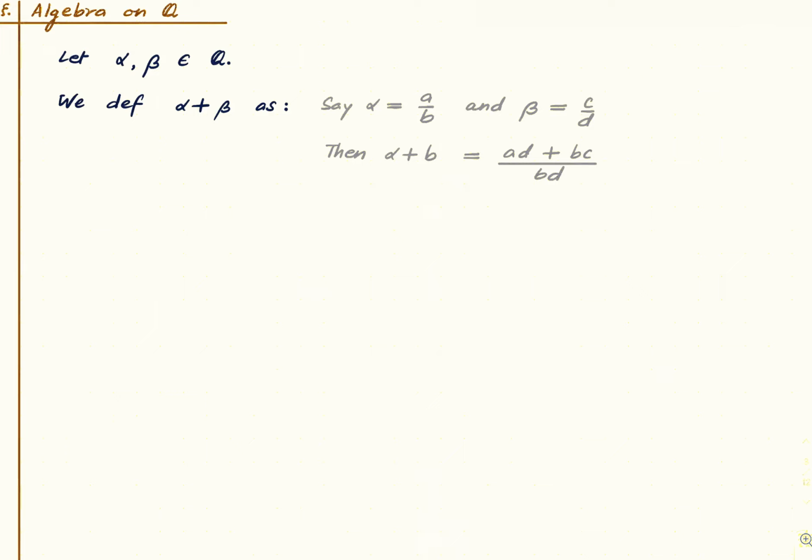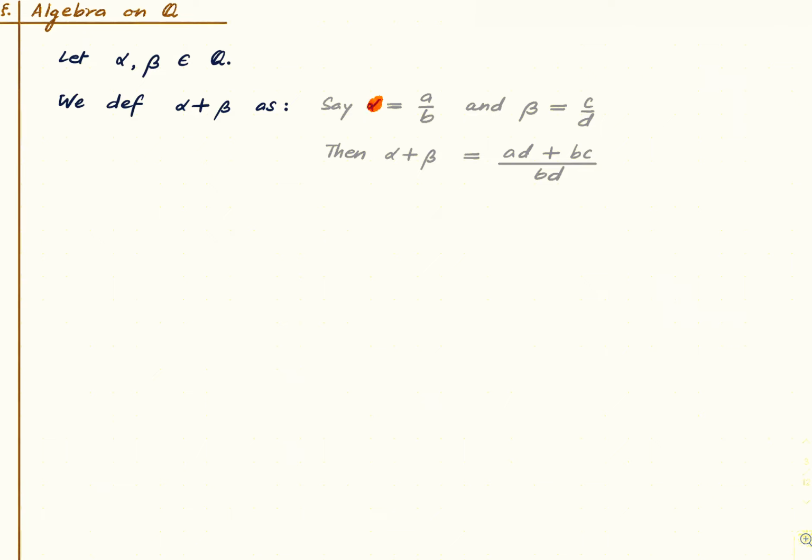So that's our definition of alpha plus beta. Right, that's how we define it. So it is the equivalence class of the pair whose first entry is this and second entry is that. And this makes sense because b and d are non-zero and hence bd is non-zero. So this is a legitimate equivalence class. But one can raise an objection. There is no unique